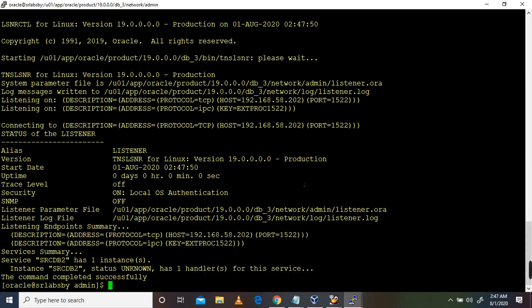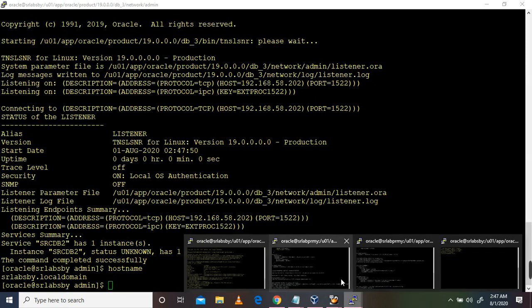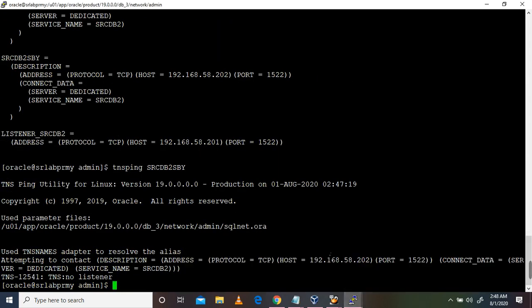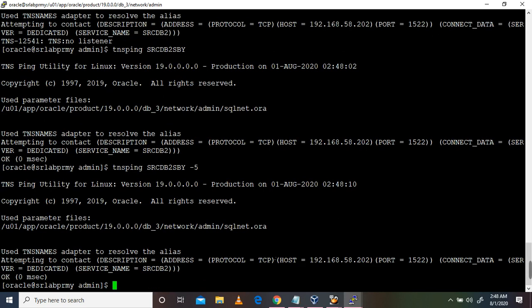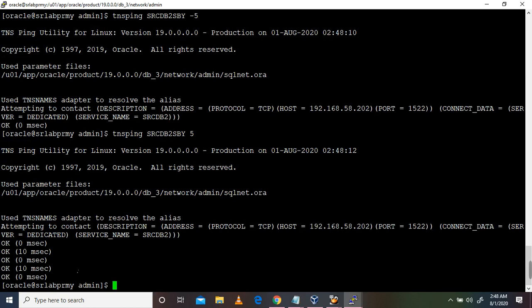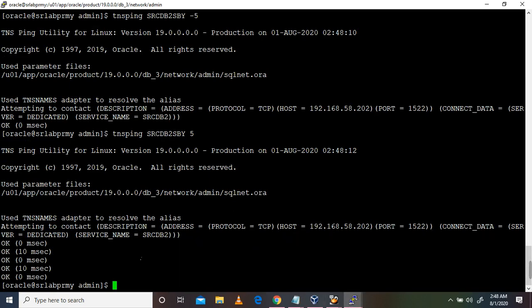You can see here, this is standby. On the standby side, I have started the listener. Now I will do the TNS ping. So it is pinging perfectly. This is from the source, primary database.